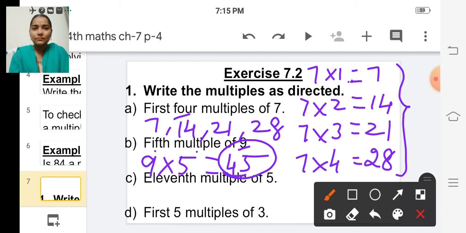Okay. Fifth multiple of 9 means 9 into 5. 9 fives are 45. So 45 is the fifth multiple of 9. Okay. Then C1,